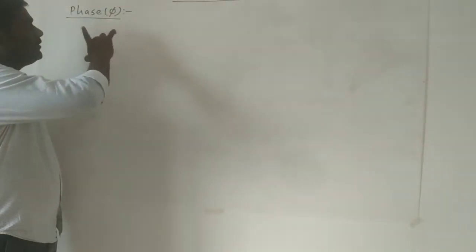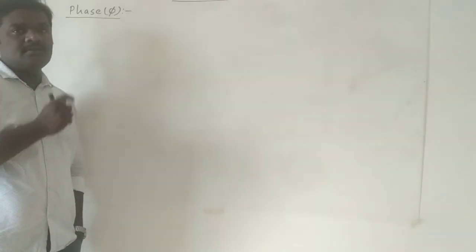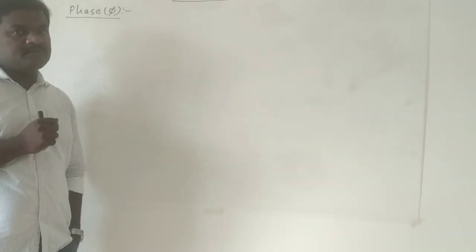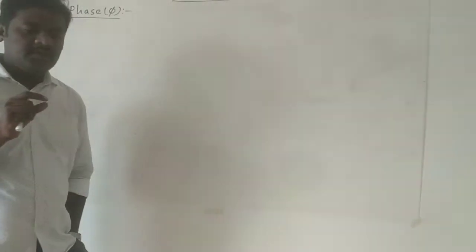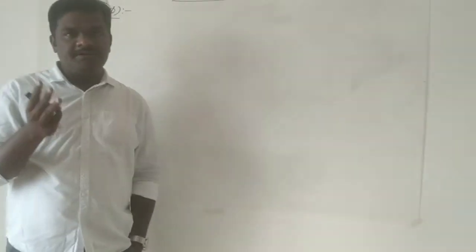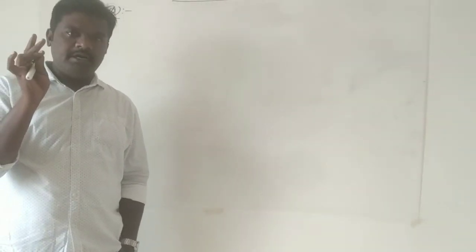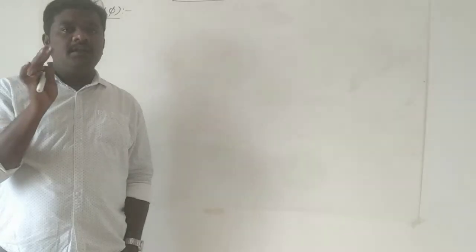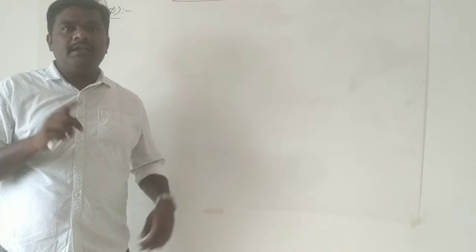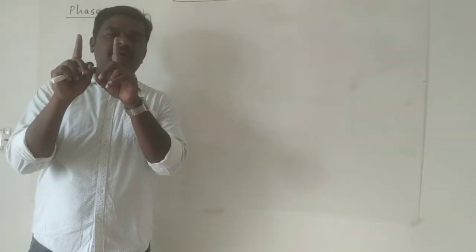So the very first thing I want to discuss is phase. This term all of you came across in the lesson Waves in first PUC. Let us recall the definition. Phase is a measurable thing; it can be measured in 3 ways: in terms of angles, in terms of distance, or in terms of time. Now what will this phase do? It gives the relation between two things participating in the same event.